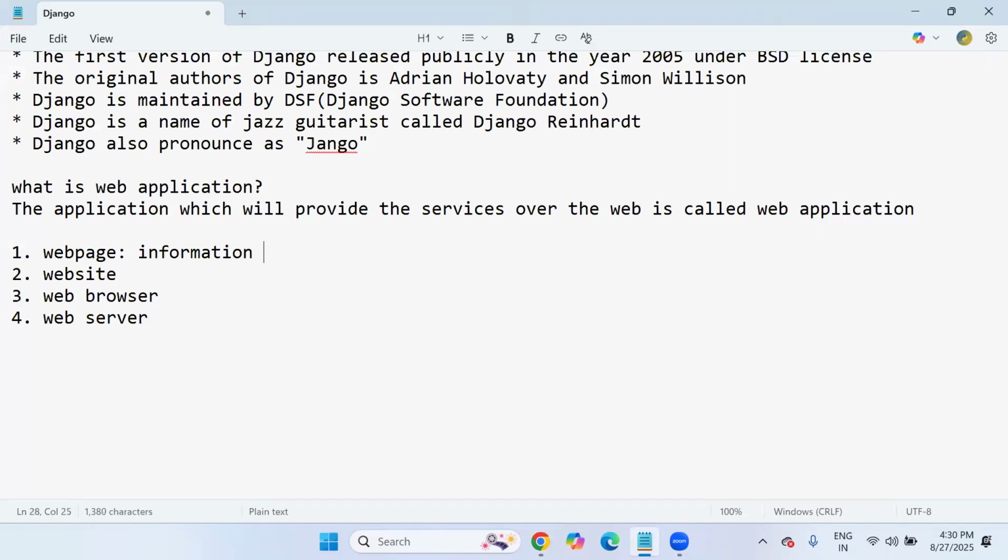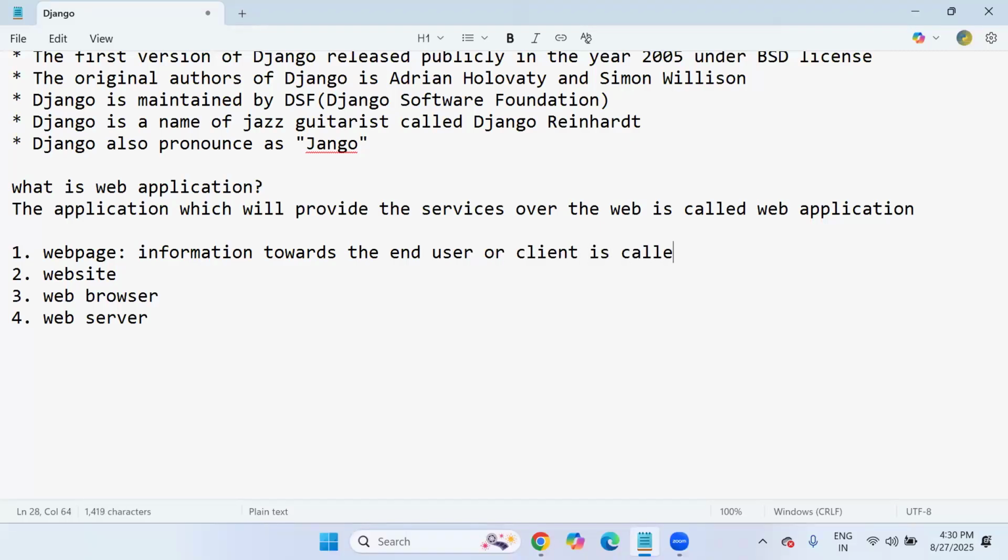Suppose you are a banking customer, you can visit the banking website. The information they provide for your requirement, right? So you are the customer, and the information they are providing is called a web page: information towards the end user, customer or client.